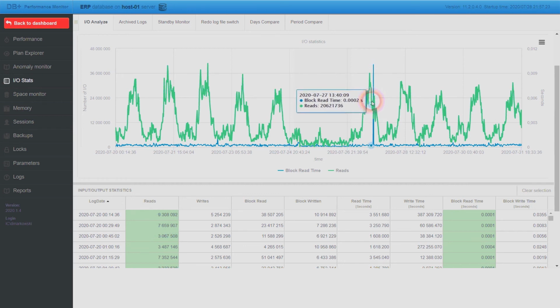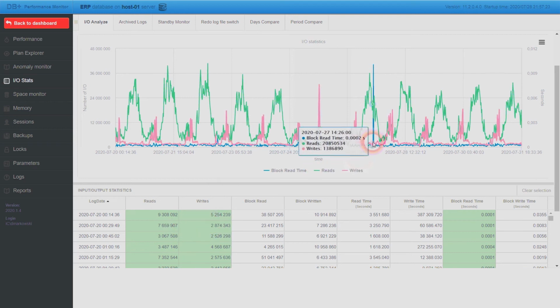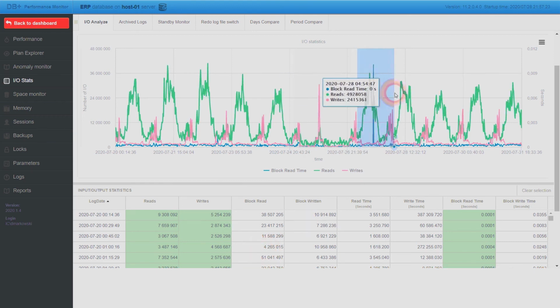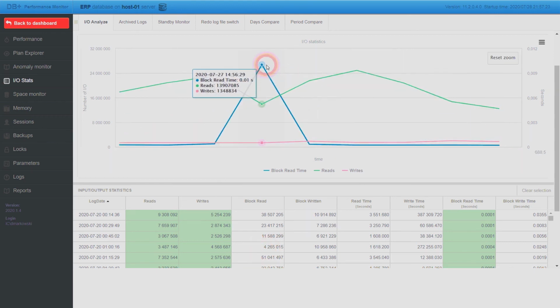There were fewer reads than in the peak. Were more writes done? We can see that more writes were not done. So we can conclude that it was a problem with the infrastructure. Now we can see if this infrastructure problem, which happened on the 27th at 2:56 p.m., had an impact on